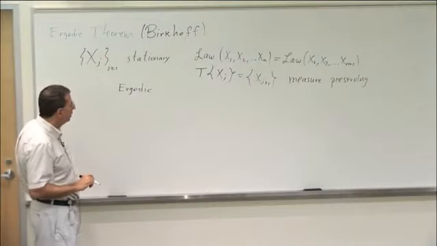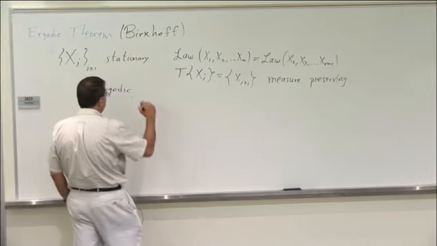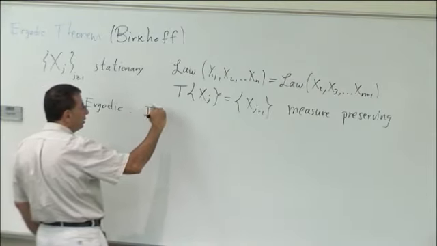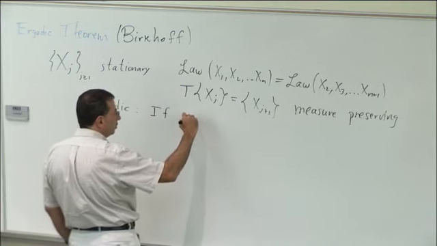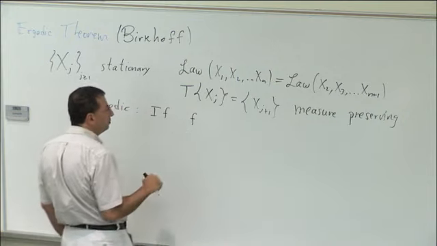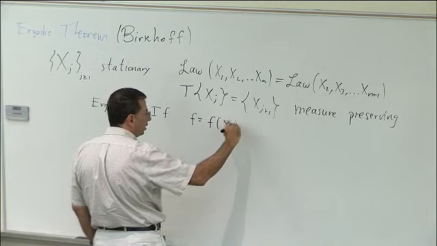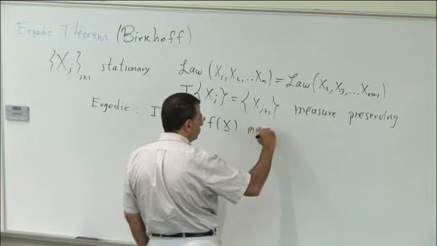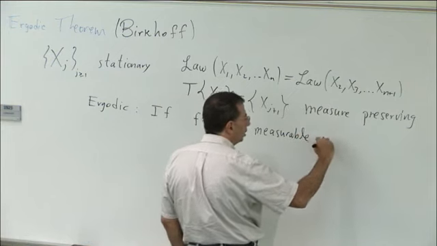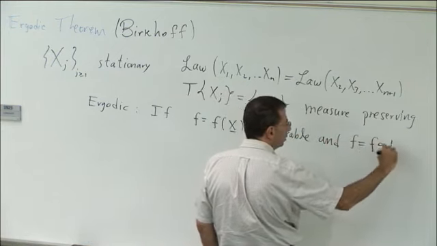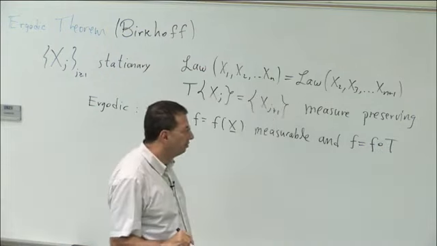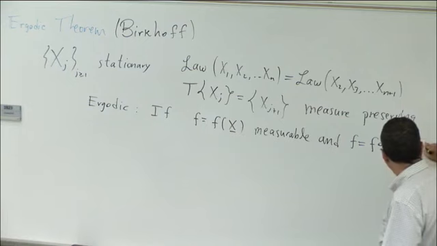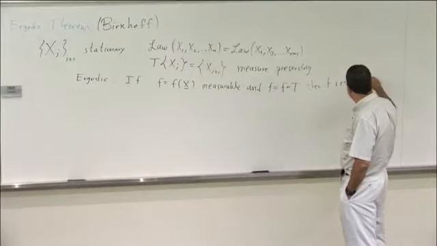We'll also assume, and this assumption can be removed, but in the applications often the process is ergodic. So we assume that the process is ergodic, which means if we have an invariant event or invariant function, so if f is any measurable function of the process and is shift invariant, so f is pointwise equal, not just in distribution, to its composition with T, then f is constant almost surely.